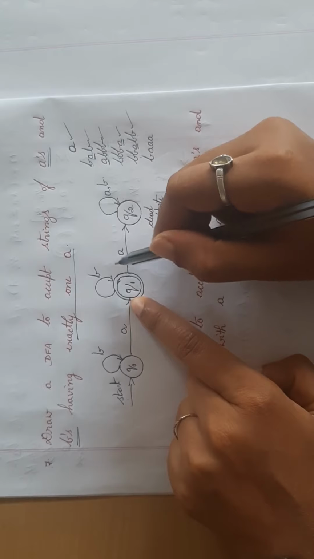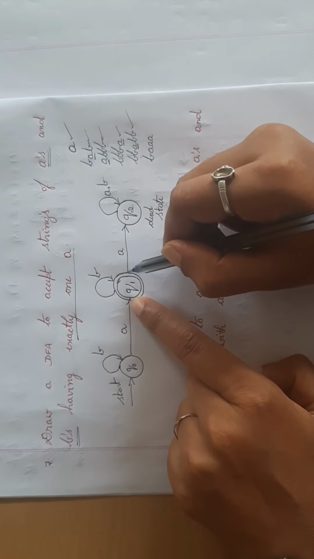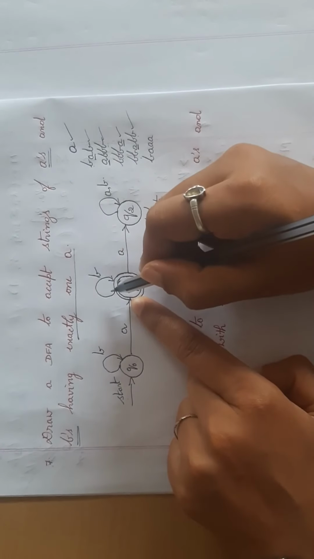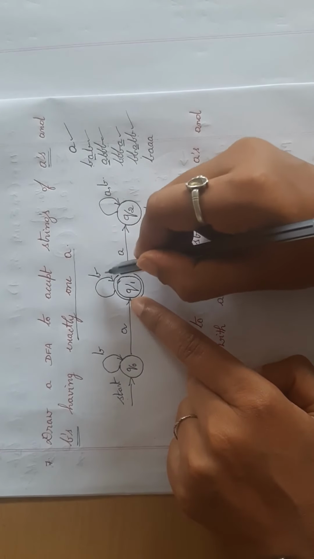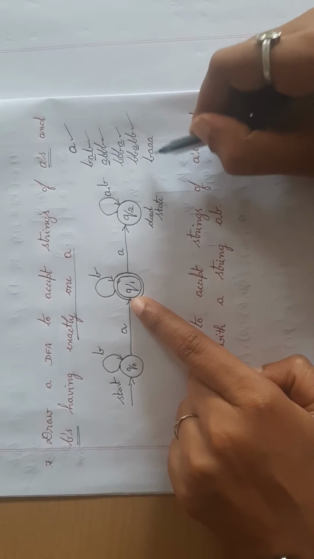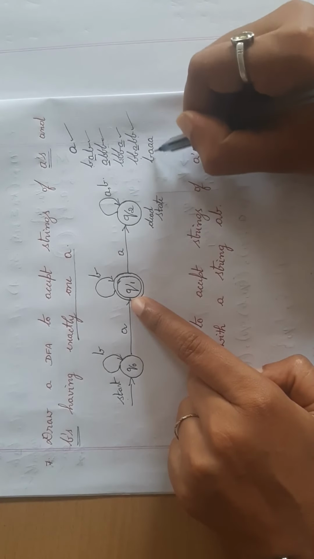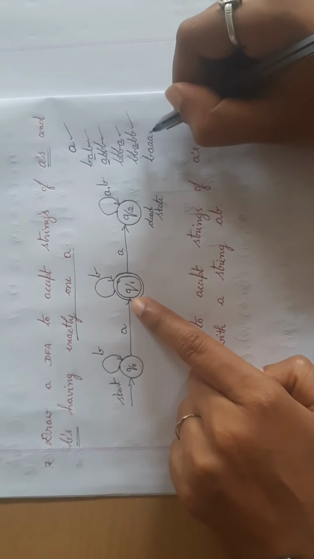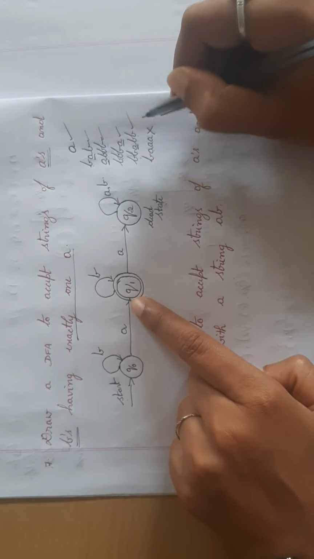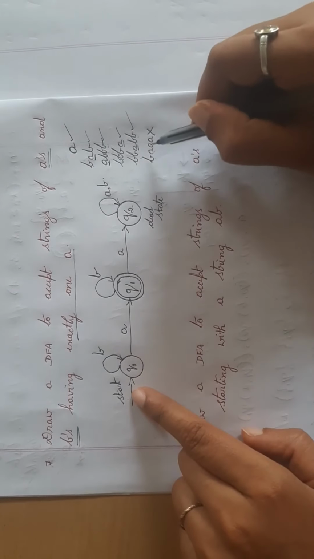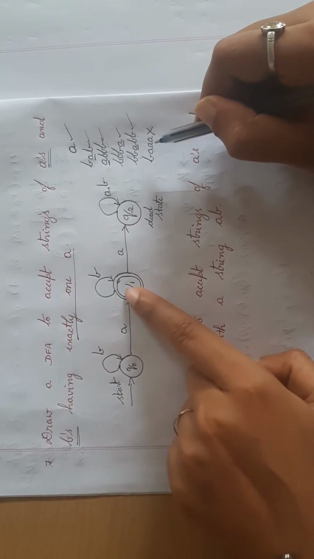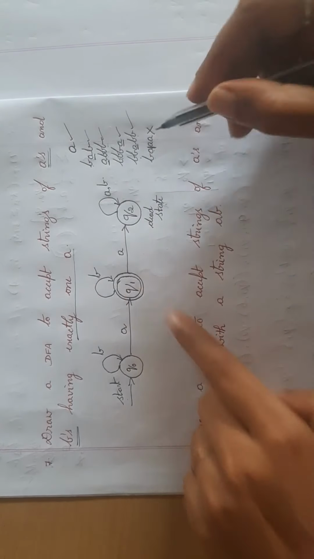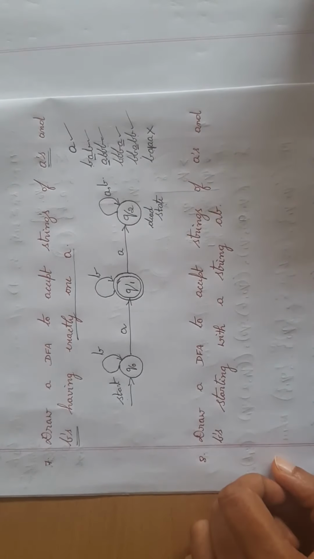So what are the other possibilities? You can read one more A, but it goes to the dead state, so it can't be considered. One more possibility is reading any number of B's. Can you read any number of B's here? No. So B, A, I have n number of A's. I cannot read n number of A's here, so this is not a valid string. Even according to the DFA, this is not accepted. So B, A. It will stop here. N number of A's I can't read. Likewise you can check for different possibilities.